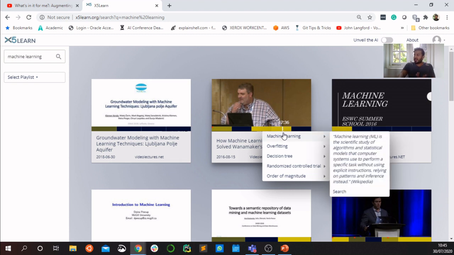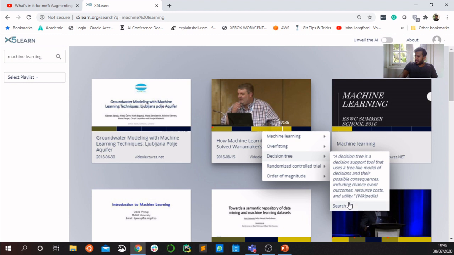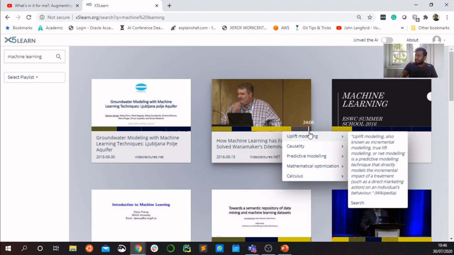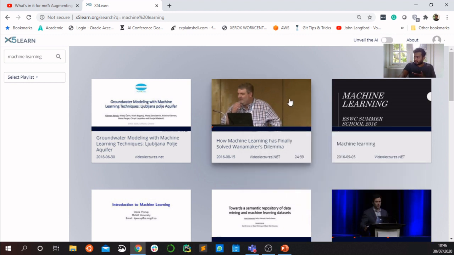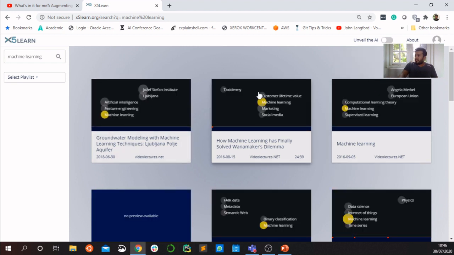So this way we provide the rationalization or the explanation of why this material has been provided as a result for the search. And then, as I was saying, you can look at the description and also look for materials relating to this topics. And here another additional thing I could show you is, we have these different representations that summarize the topics